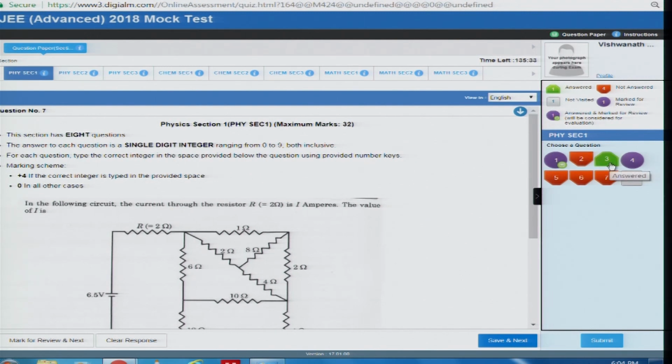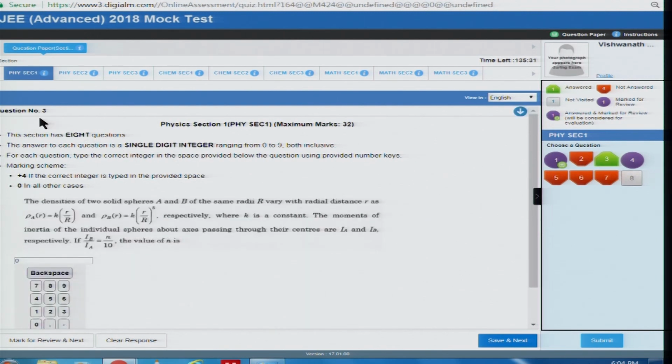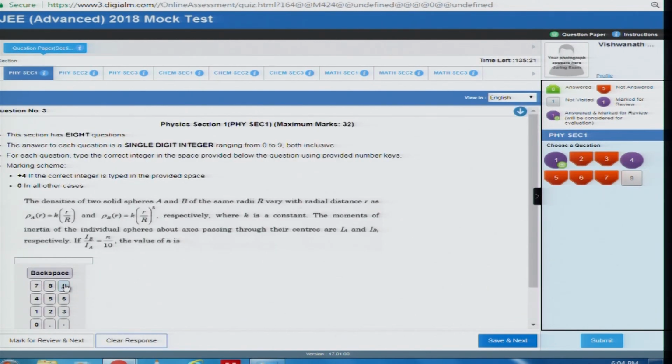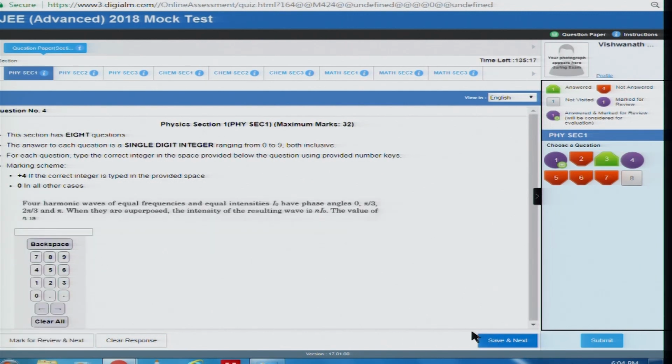So, I come to this particular type of question, question number 3 of physics section 1, which had a single digit integer as the correct option. I can once again change that option as well. So, I clear the response and I put in my new answer, possibly 9, and I say that that is my final answer, or you can even put it for mark and review. So, that is the way that you can very easily, during the entire duration of the test, change the answer